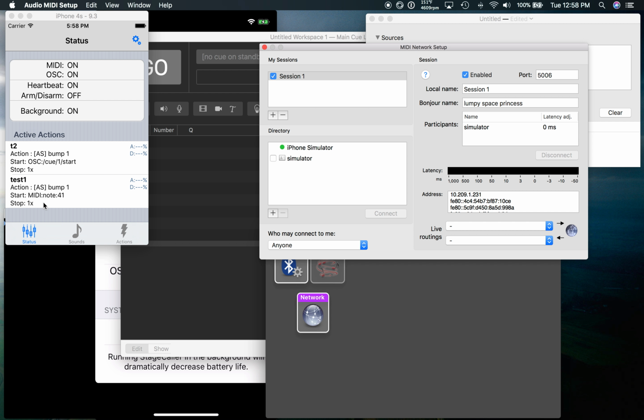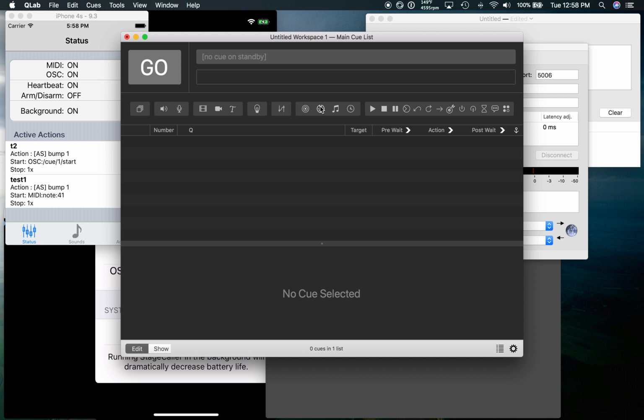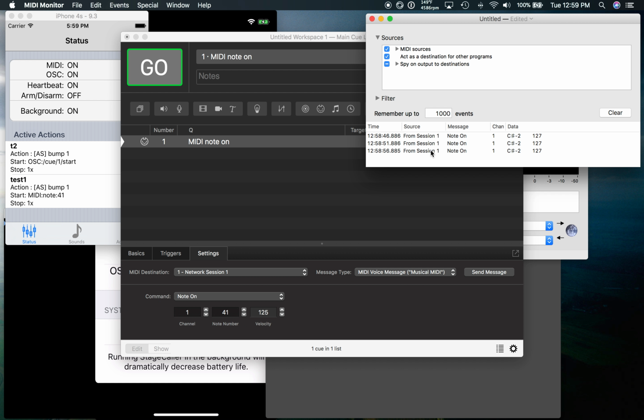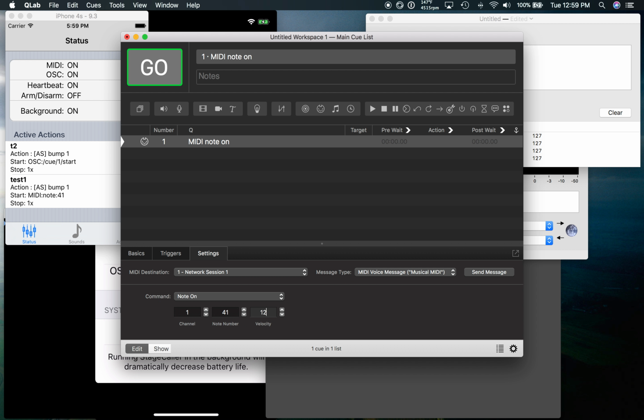All right, I need the same thing. So we do a MIDI note on of 41, 41, 125. Look, there's our connection. We're seeing our heartbeat. We send, and that's working. That's great. We do the same thing for